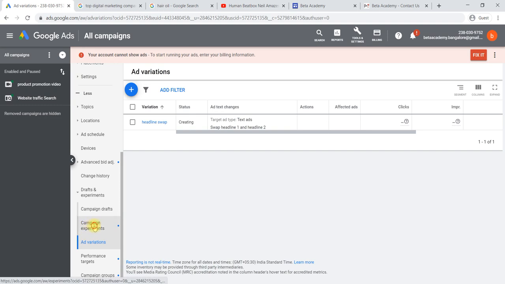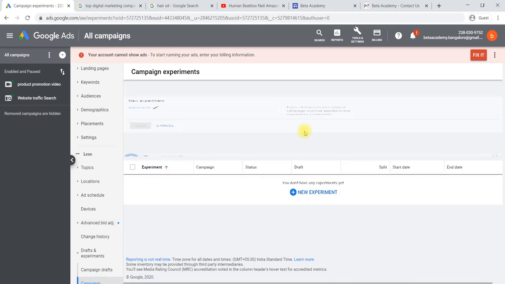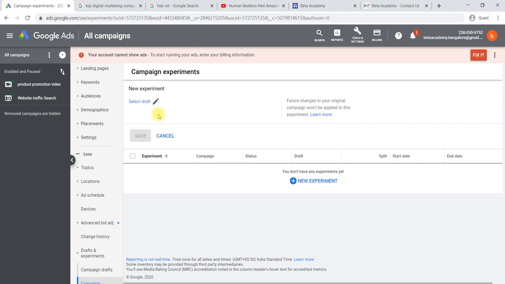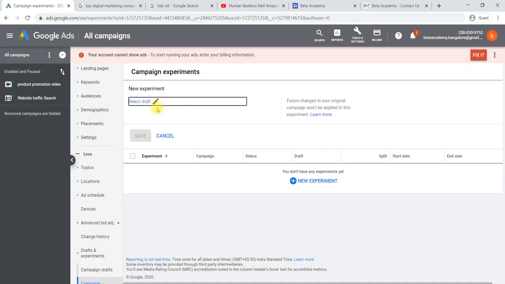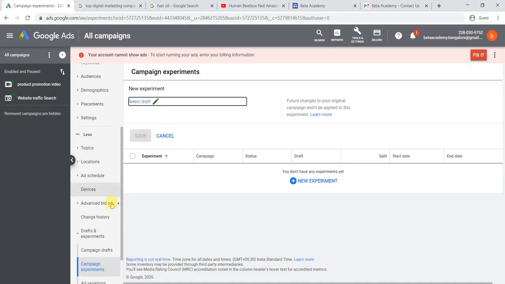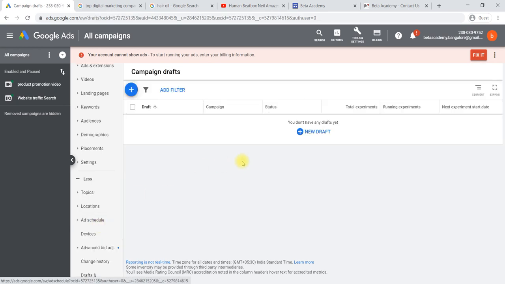We can select here Campaign experiments, and we can say new experiment. We can create an experiment from the draft. If you have already created a campaign draft, from there we can do an experiment also for the entire campaign.